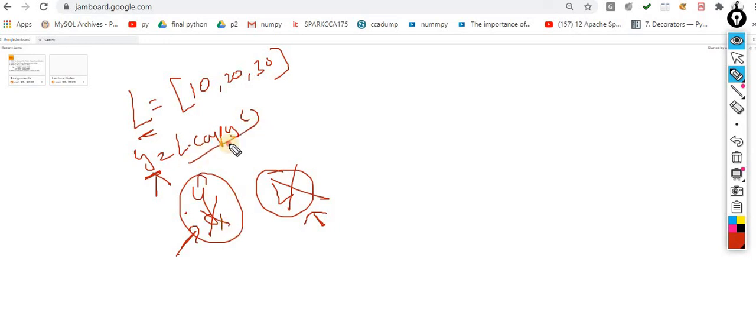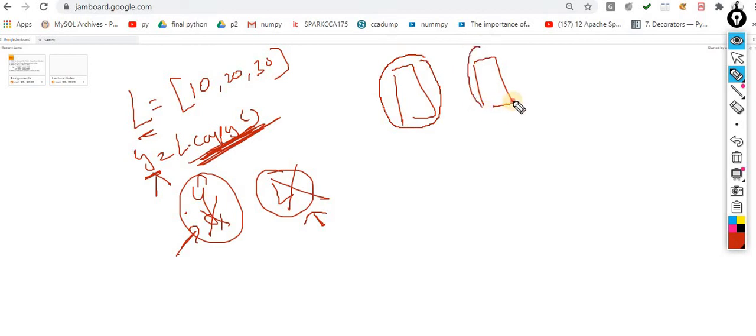So this is the concept of copying: I am making two different objects. Obviously the memory of this one is different from the memory of that one, but the content inside is exactly the same, because I copied it from this.